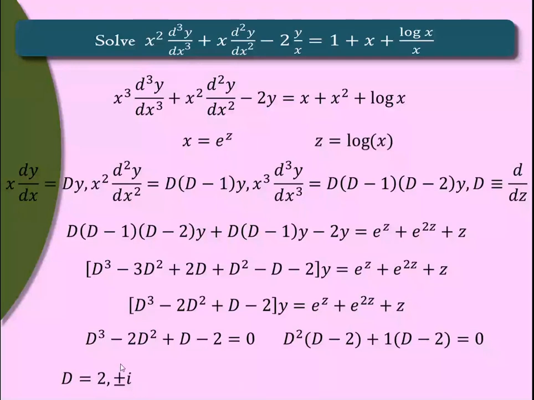So use the corresponding formulas of complementary function, and don't forget the answer must be in z. Okay, so it will be c1 e raised to 2z, e raised to 0z, that will be 1, c2 cos 1z, i means it is 1 into i. So it is e raised to 0z, c2 cos 1z, c3 sin 1z. Okay, alpha is 0, beta is 1. So making use of standard formulas, we get this yc part. Okay, and because of this D by dz, we get the answer in z. Okay. Now go for yp.